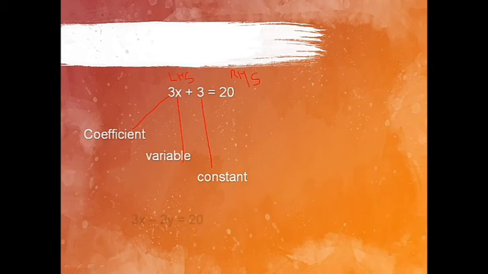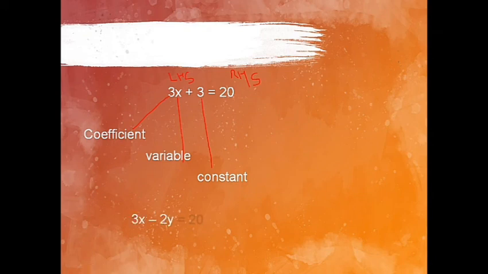So this is how we have to define an equation, that is, an equation has an equality sign with two sides, LHS and RHS. It is not important whether there is only one term, two terms or three terms; any number of terms can be present. So the term which is given with a variable and a number, the alphabet is called a variable and the number is called a coefficient, and 3 is a constant because it is a single number without a variable. And 20 is also a constant.